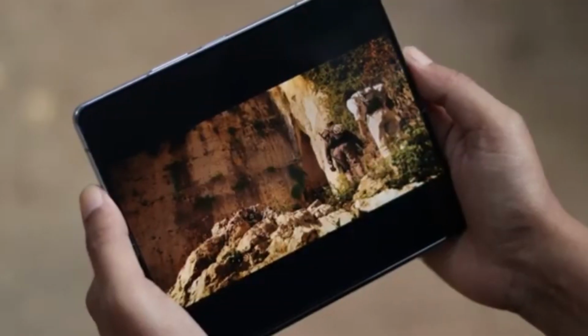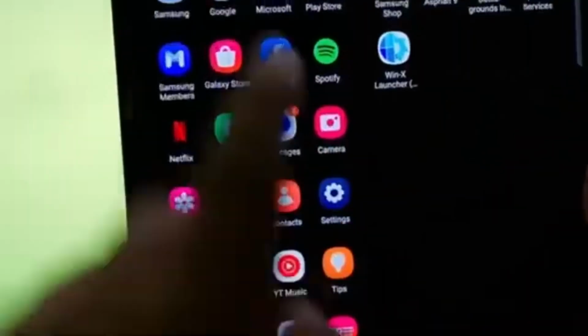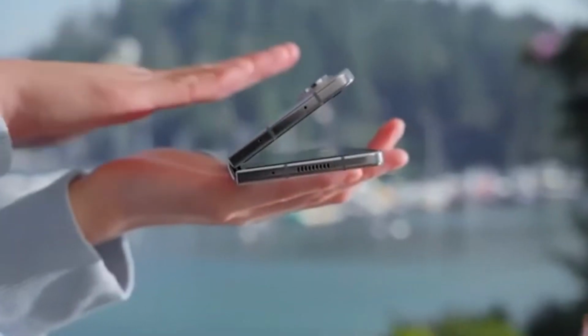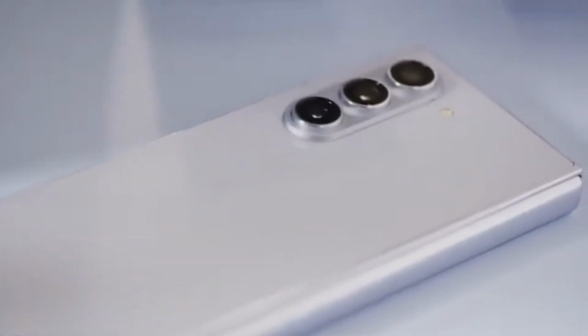If this is true, it would clear up some of the confusion we've seen in recent weeks about how many models Samsung is actually working on. It might just be two: the Galaxy Z Fold 6 and the Galaxy Z Fold 6 Ultra. The Ultra, limited to Korea and China for now, would allow Samsung to gauge interest levels before potentially bringing it